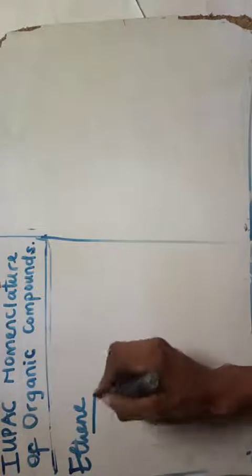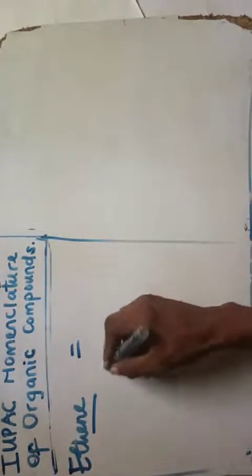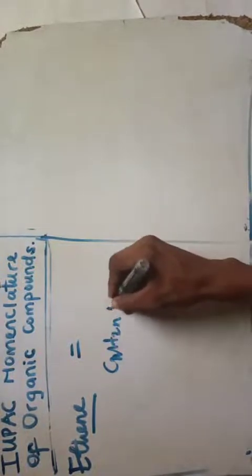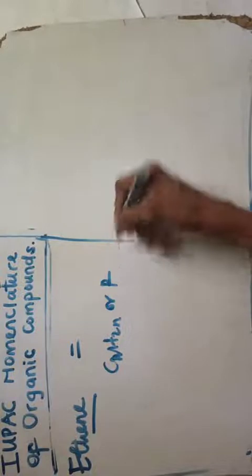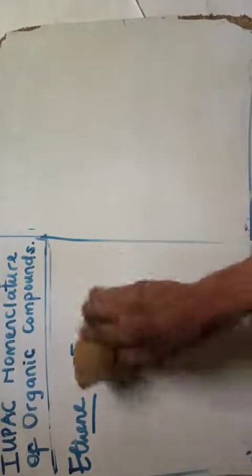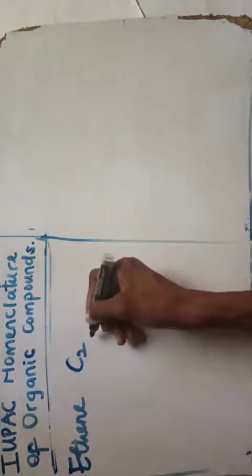The functional group is very simple, it is what? The ene, right? That is the double bond, given the formula CnH2n. Simple, or you say R, just put the double bond there. Don't have to waste time. So also you can decide to write this out from the formula, that will be C2H4.